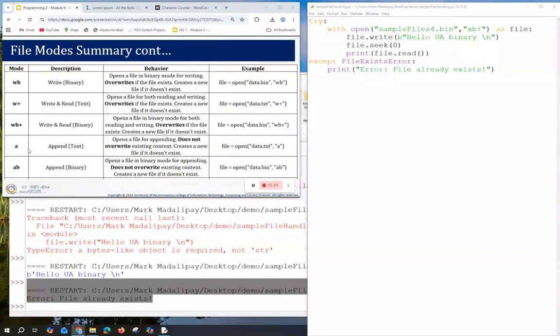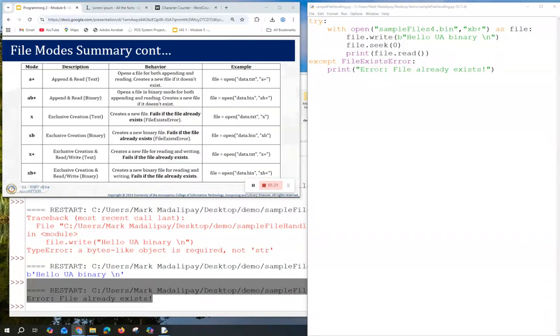Okay. So we have WB, W plus, WB plus, A, and AB, the A plus, AB plus, X, XB are the exclusive creation, exclusive binary for read and write.